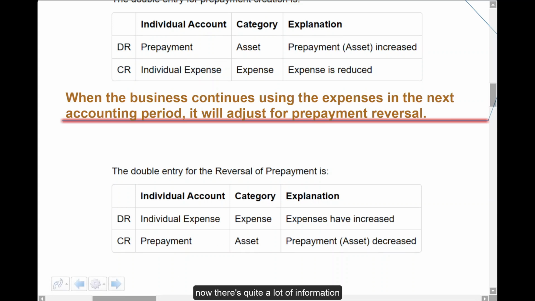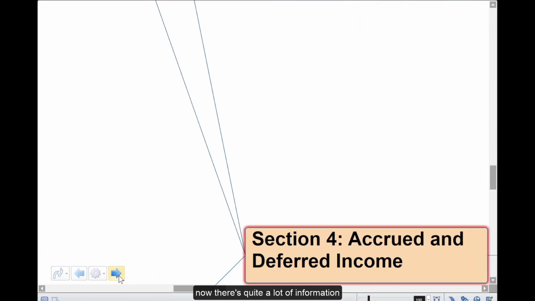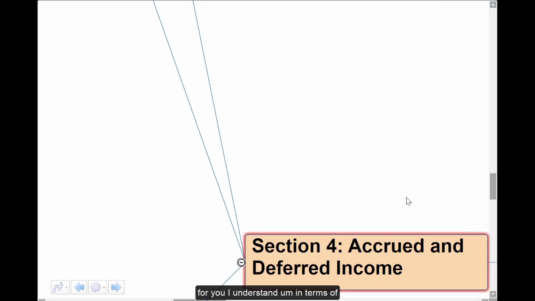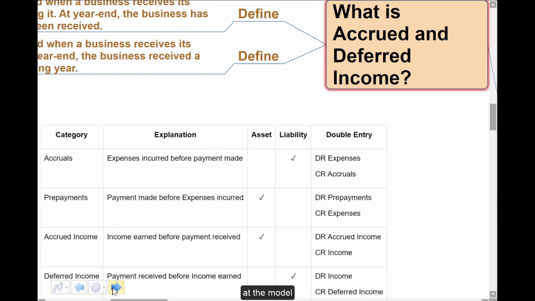Okay? Now, there's quite a lot of information for you, I understand. In terms of getting to the bottom of it, getting to the logic of it, again, you're probably sick of listening to me, but if it's confusing, and maybe it's not, the only way to do it is slowly walk through questions of that style. I would suggest do them, get them wrong, and then brush up by looking at the model solutions.